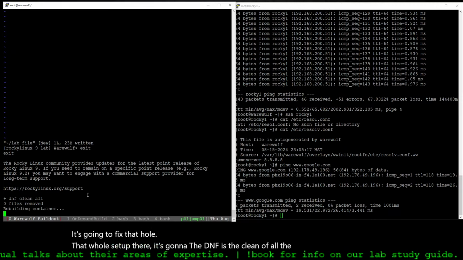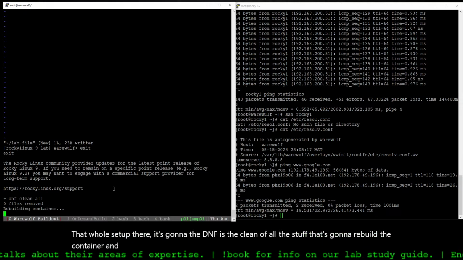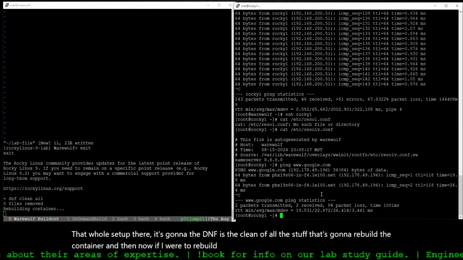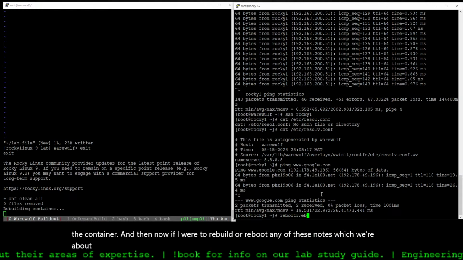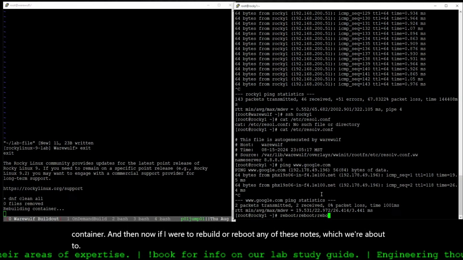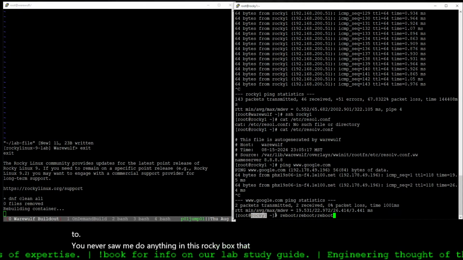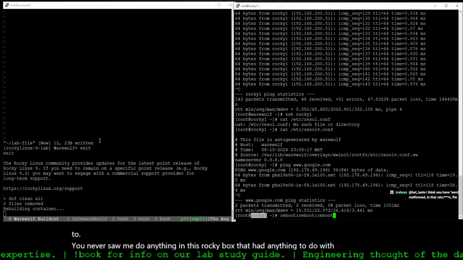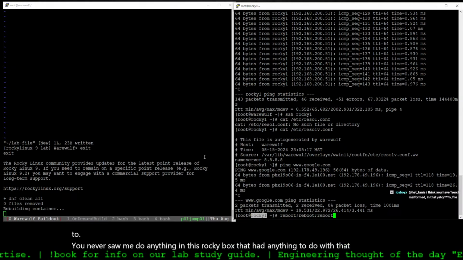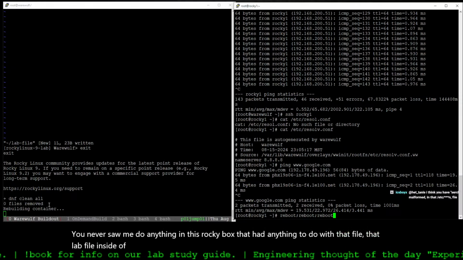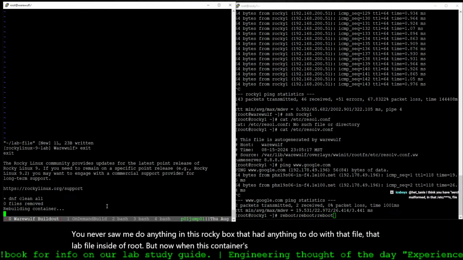It's going to rebuild the container, and then if I were to rebuild or reboot any of these nodes, which we're about to, you never saw me do anything in this Rocky box that had anything to do with that lab file inside of root. But now when this container's done rebuilding,